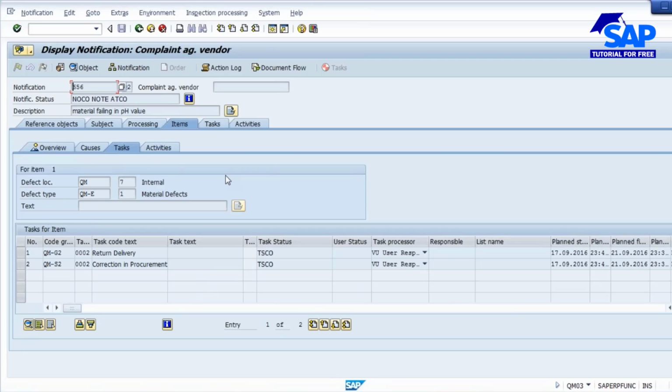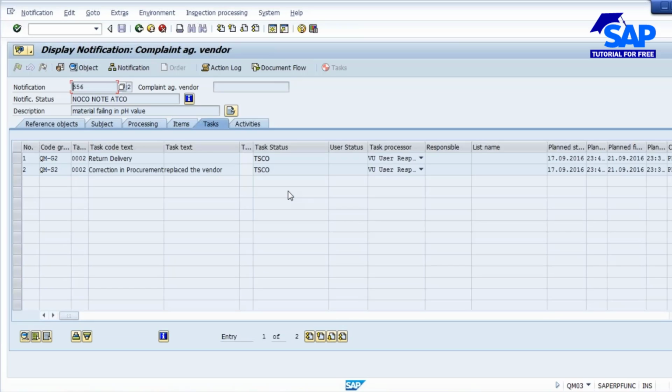And the quality person who is supposed to fix this issue will record again in the tasks tab and the activities tab? As a coordinator, you will suggest some tasks. The actual person who executes it will enter what actual task he has done, in the tasks and activities tab. Same T-code you'll use, but in the tasks and activities tab.